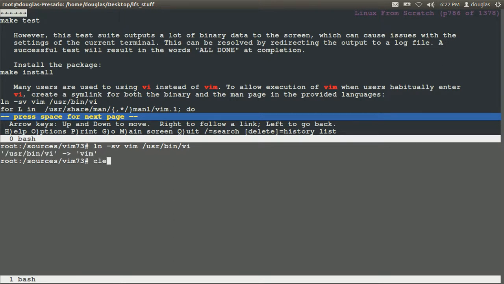Good. Clear. Now we have to set up a for loop here. Say for L in /usr/share/man/{,*/}man1/vim.1; do